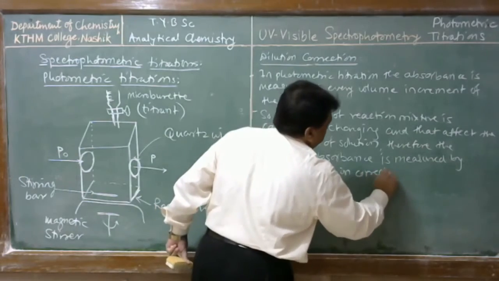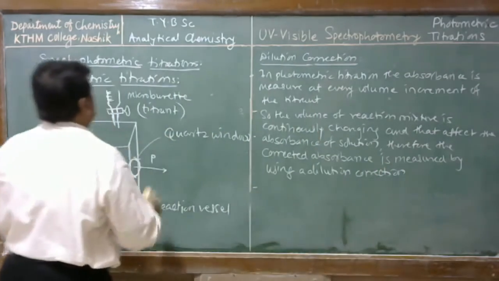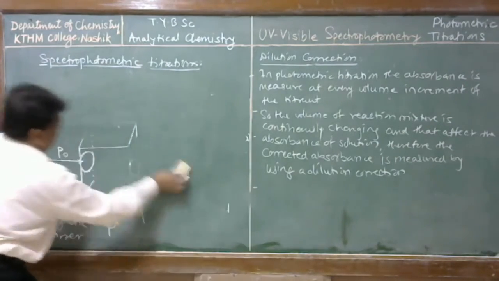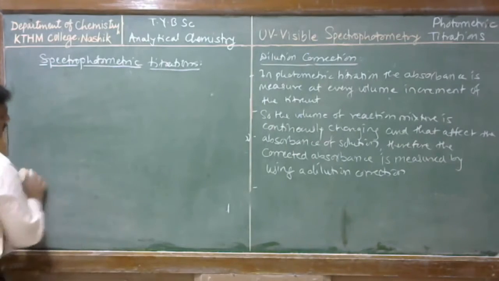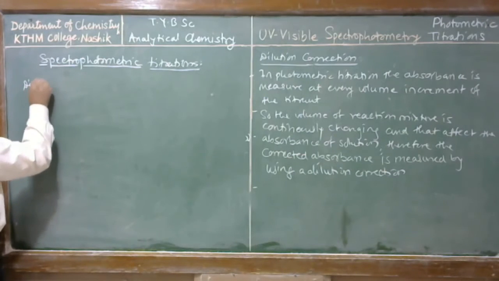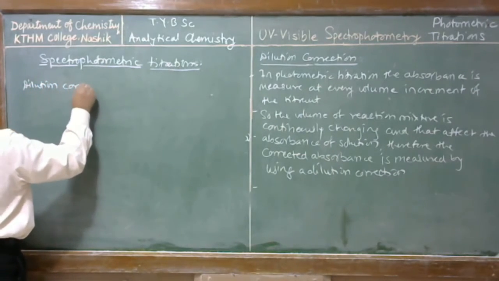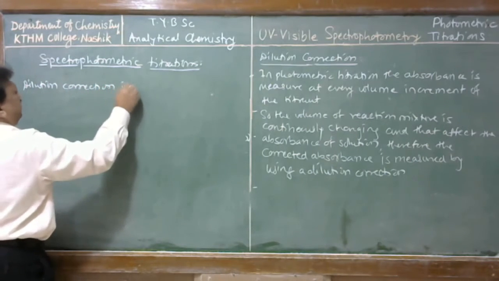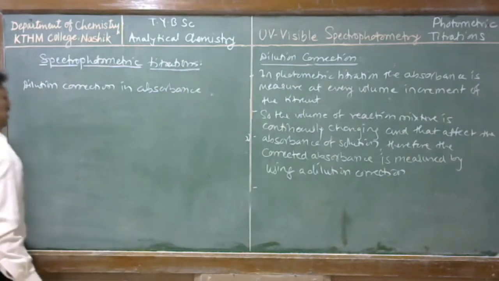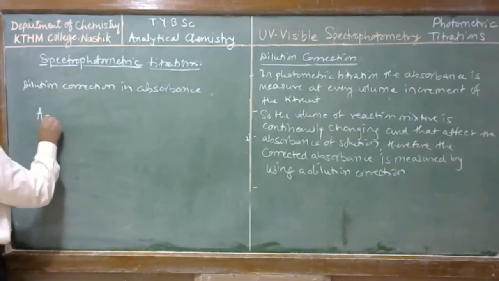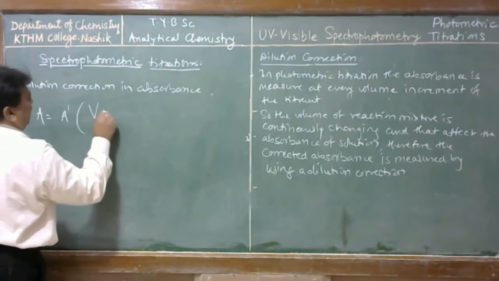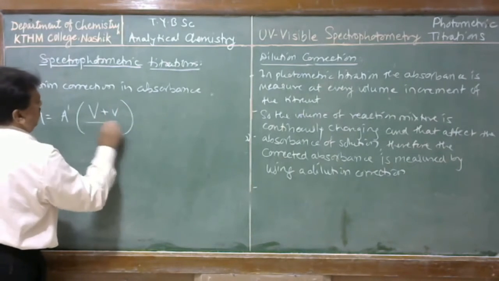Dilution correction is done by using this formula, that is dilution correction in absorbance. Therefore, here A is equal to A dash into capital V into small v upon capital V,